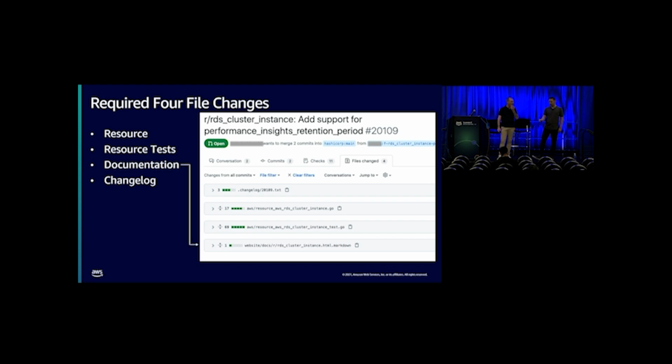One thing that I wanted to call out here is that in the root of the repo, there's a docs directory, and that's actually not where these docs go. The docs for the resources go in the website docs, R for resource, D for data source, and then the name. And then there's also a changelog update. So a couple things to notice about that. One, you're going to put this file in the .changelog directory. The name of your file you'll see is 2109, which matches the PR number that's up at the top right. And then also while you're looking up there, you can see that we have the branch name, which was f-RDS cluster instance. So it follows the branching name patterns that we talked about earlier.